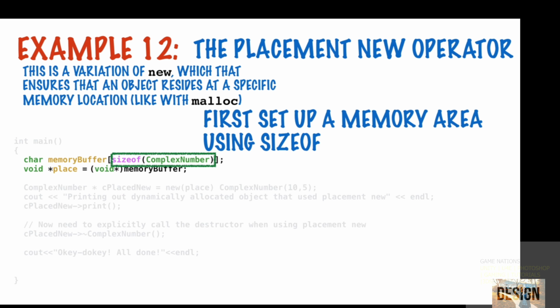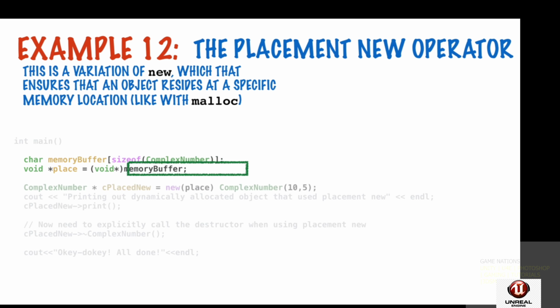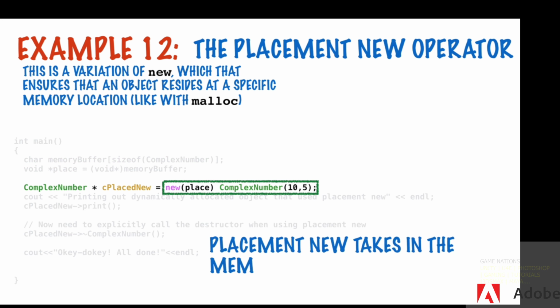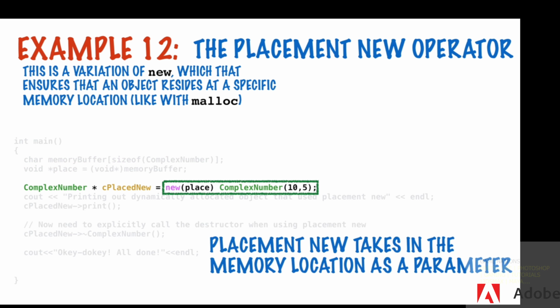Place is the variable which holds the address of the memory that we just allocated, and the size of that memory is equal to the size of complex number. Moving on to the next line. The next line assigns a pointer variable to a pointer of class complex number. The variable is called cPlacedNew, and see how it's allocated and constructed. We say new, that's the keyword, in brackets place, that's the address which the new keyword takes in as a parameter,